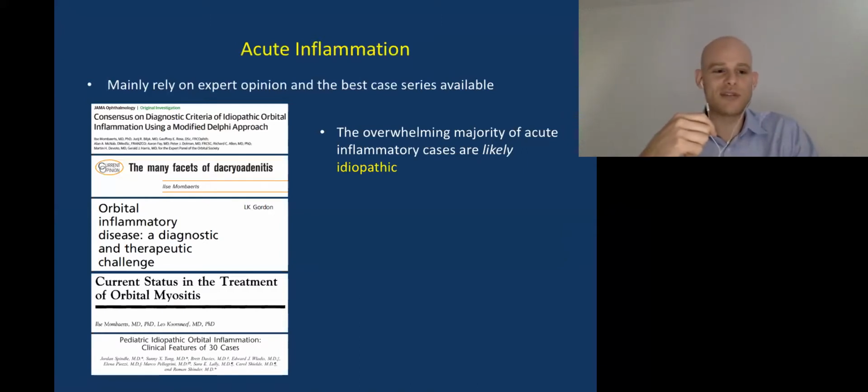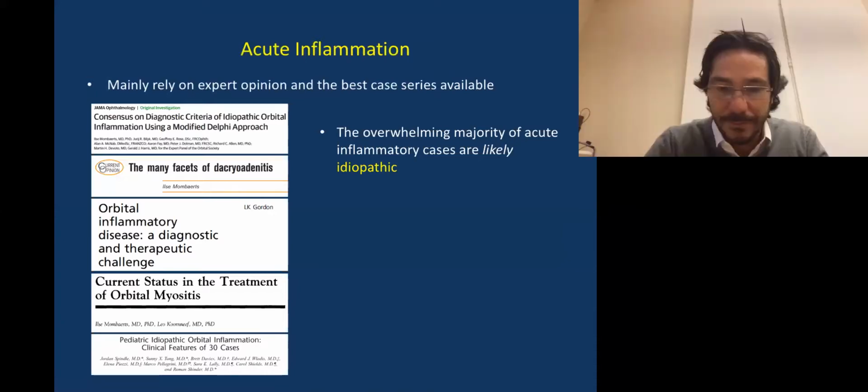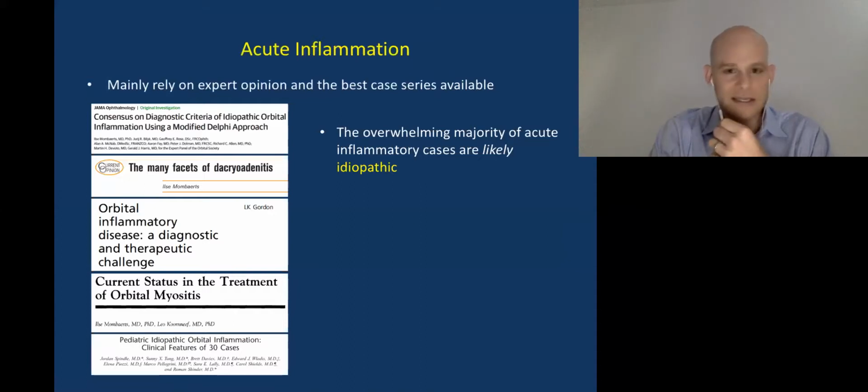So you just have to presume, for the vast majority of cases that never get published, that it was likely idiopathic. The blood test came back negative, and the patient never had a biopsy. Maybe they don't even get to an orbital center. They're treated. Exactly. So when you read the consensus papers, this is one of them that's good,